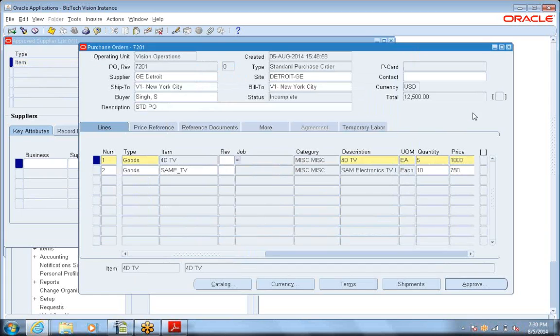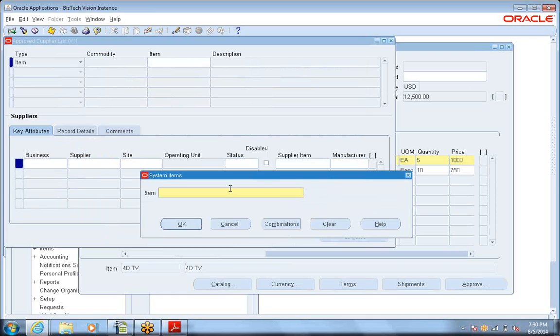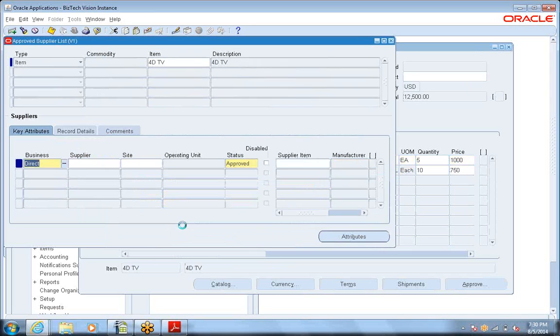One second. 4D TV. ठीक है, now it is telling me for this item there is what company does, okay,